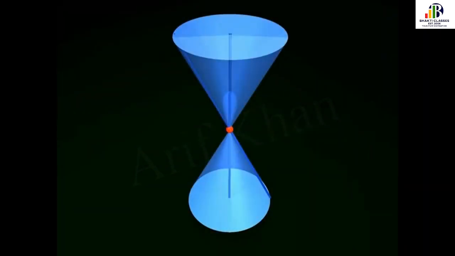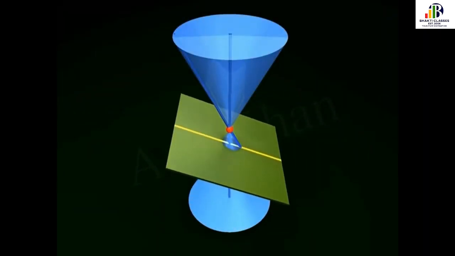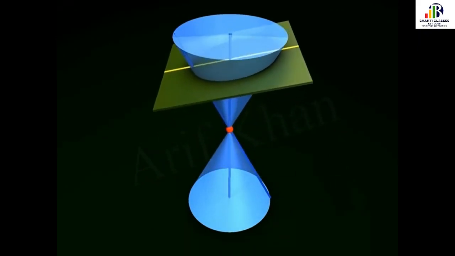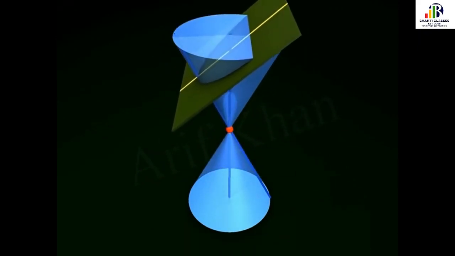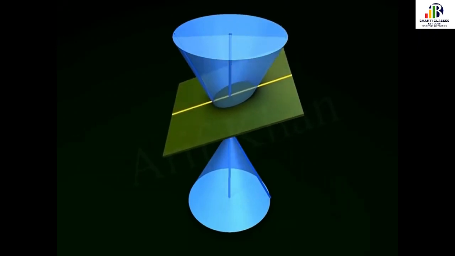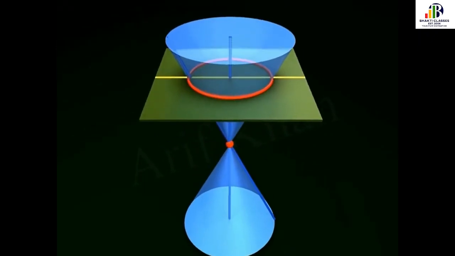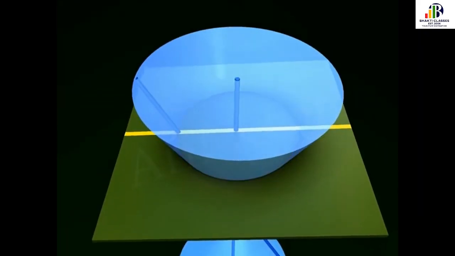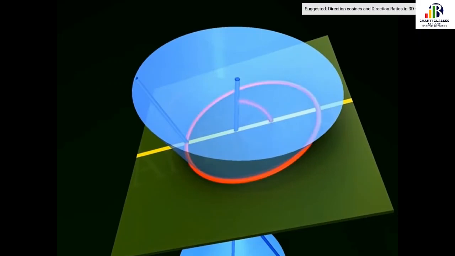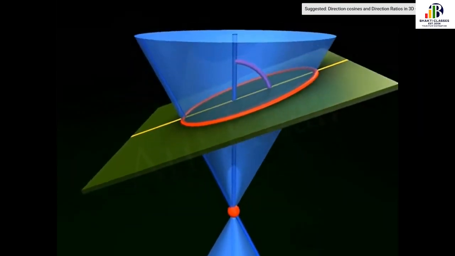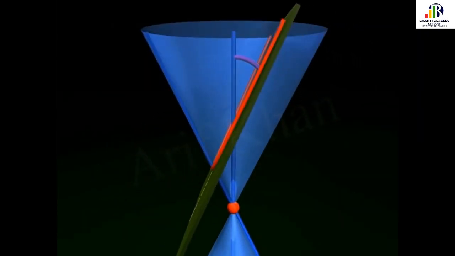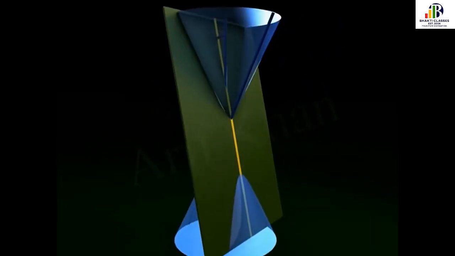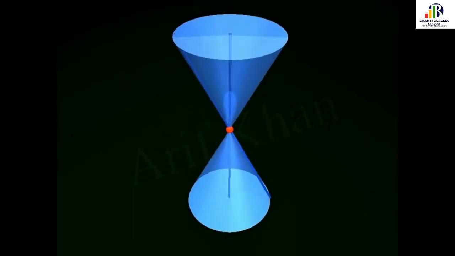Now we are understanding what a conic section is. We have taken a plane and we can move that plane. We can intersect the double napped cone at different angles with that yellow line which we can see in the animation. See this yellow line making an angle with the vertical line, that is the axis of rotation, and based on that angle we get different figures. So first of all, we are thinking about the ellipse.